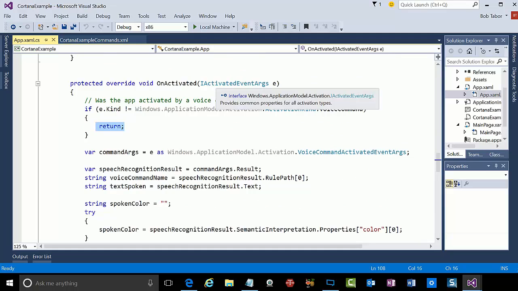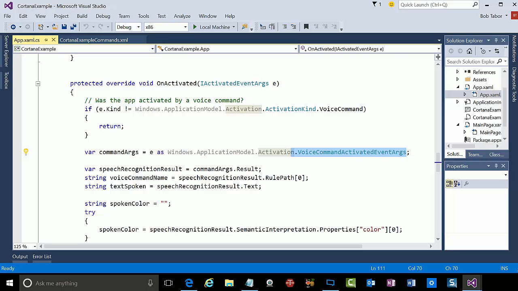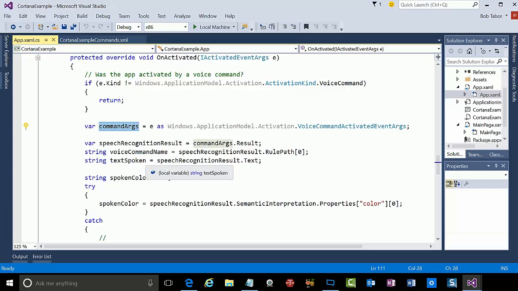as IActivatedEventArgs. And so we're casting them essentially to a specific type of event args called the VoiceCommandActivatedEventArgs. And then once we have the command args for voice, we can grab off the result property into a variable called speechRecognitionResult. And here I can determine which command was spoken and which, in the entire text if I want to parse